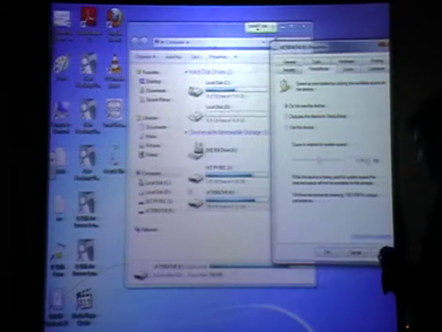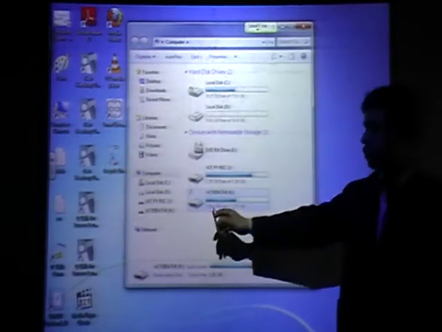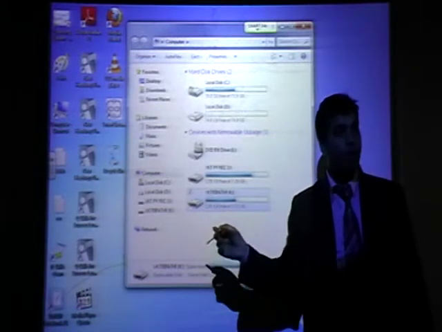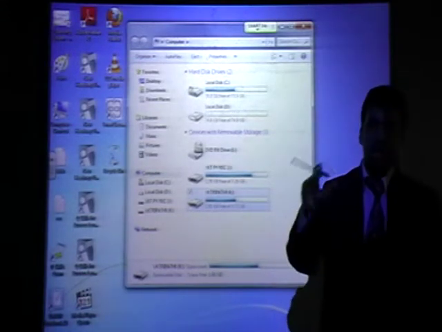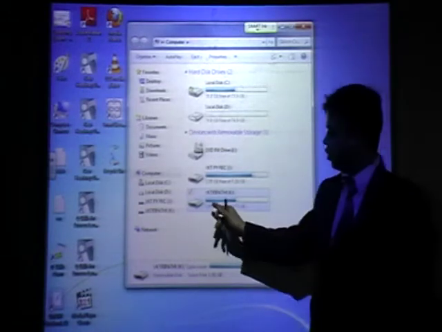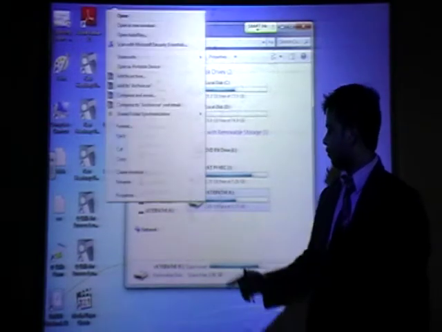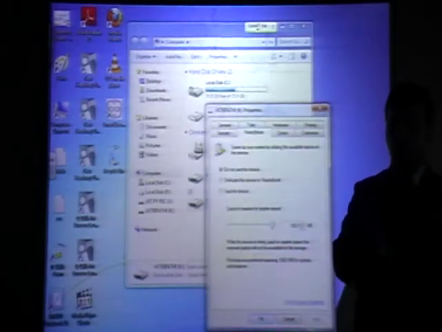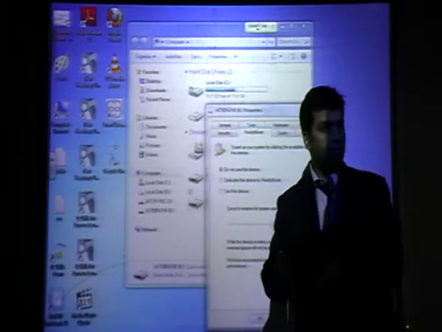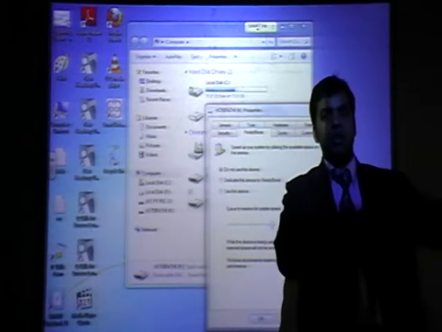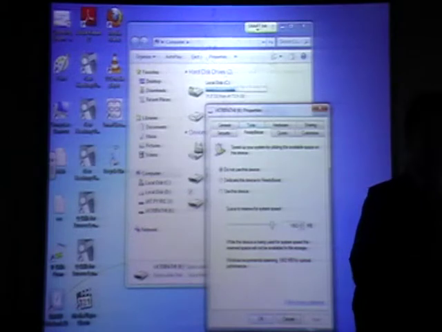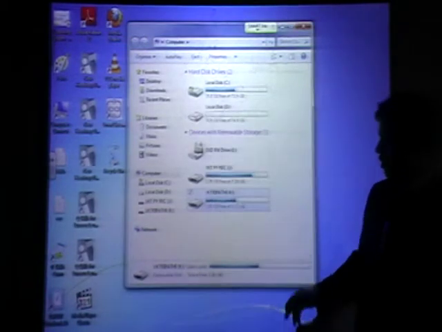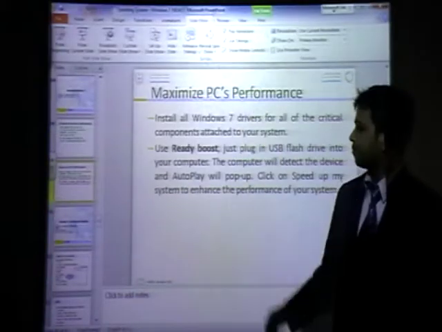Look here. Can you see? How much? 1.91 GB. It means you can use your flash memory as a RAM in the computer. And when you take out the flash memory, that RAM will be removed. So it will make your computer fast. This is the use of ReadyBoost.